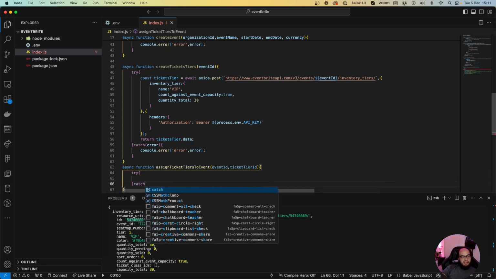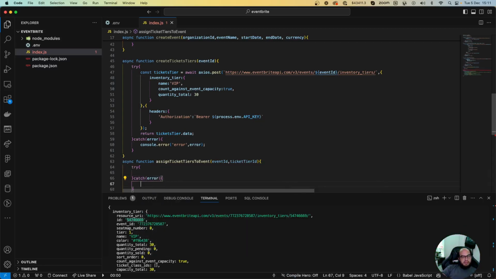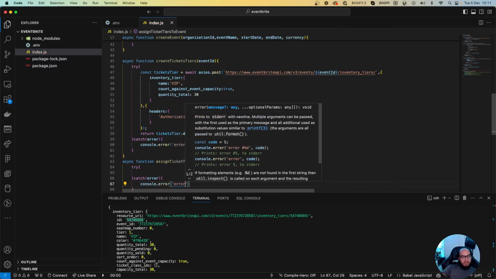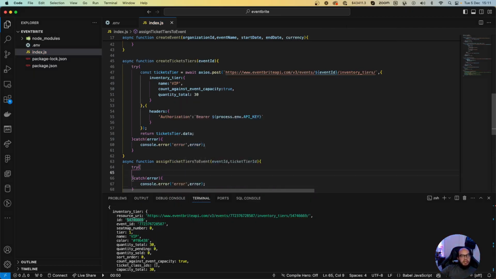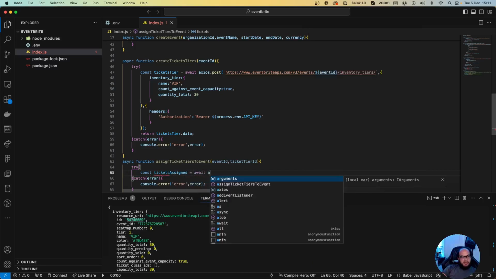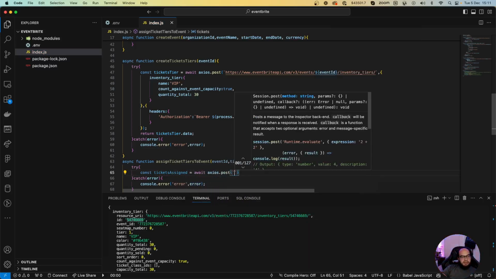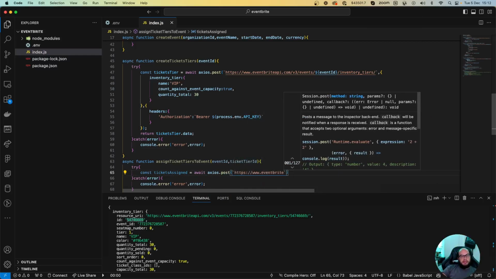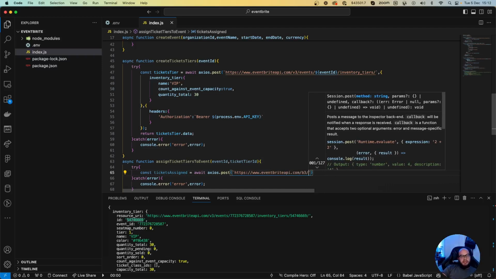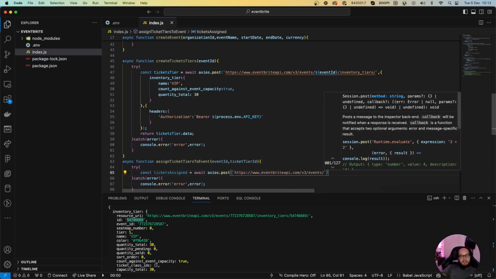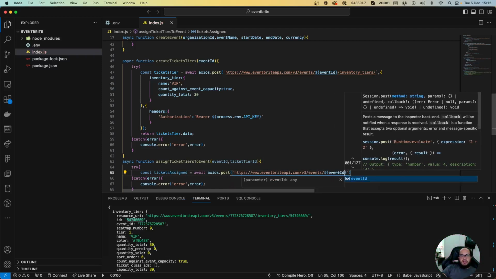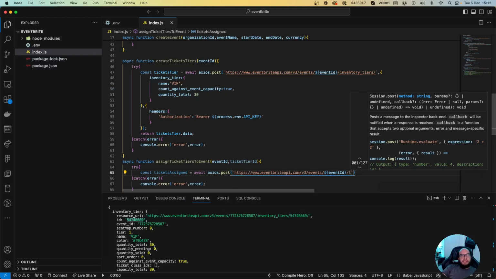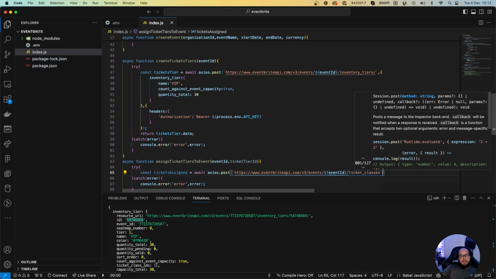Try catch, console error, and we're going to do const tickets assigned equals an await post to https://eventbriteapi.com/v3/events/event ID/ticket_classes